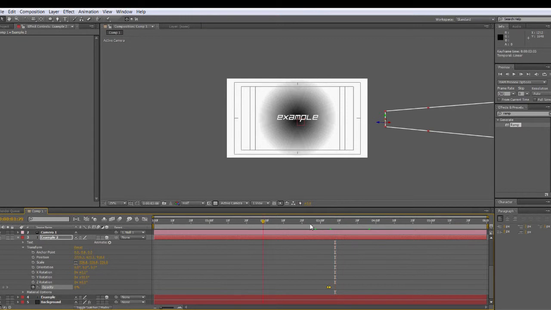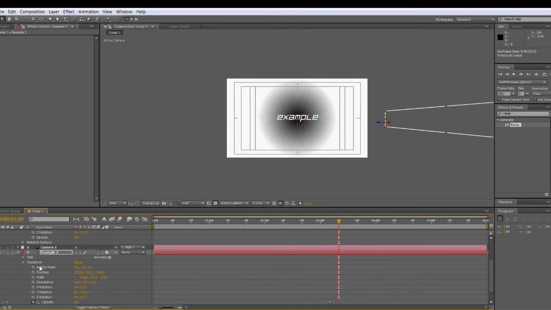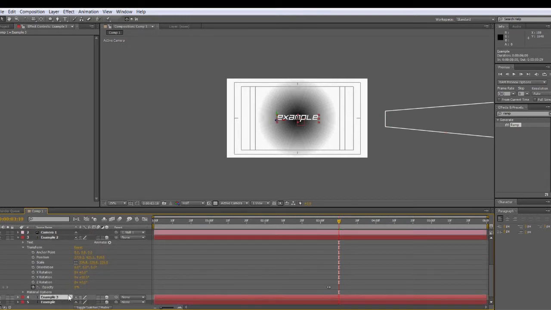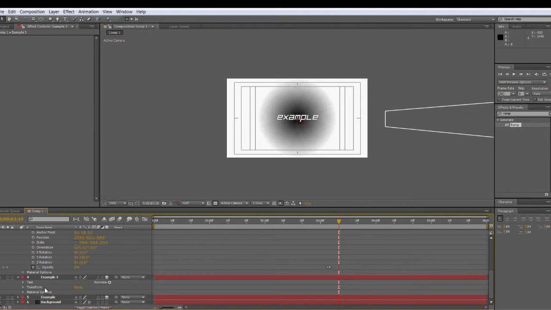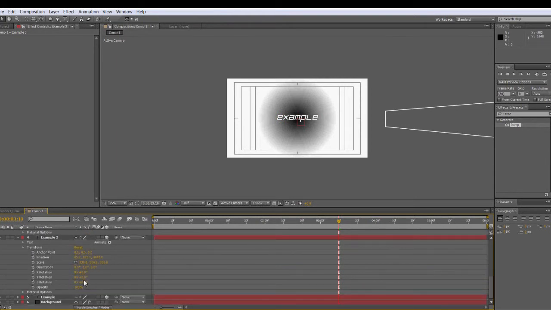To stop myself getting confused, I'm just going to rename example 2. And we're going to make another duplicate of example 1, Control D. And we're going to do the same thing here. Go into the transform settings and change the Y rotation to -90. As you can see, just want to